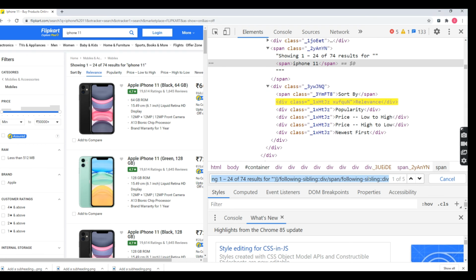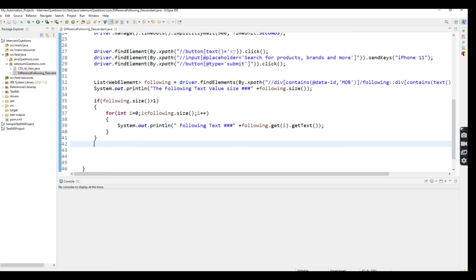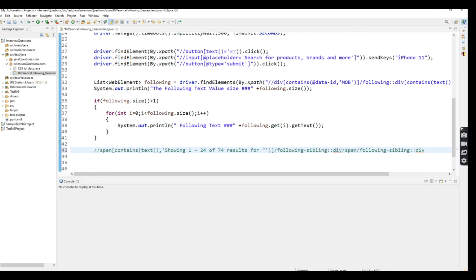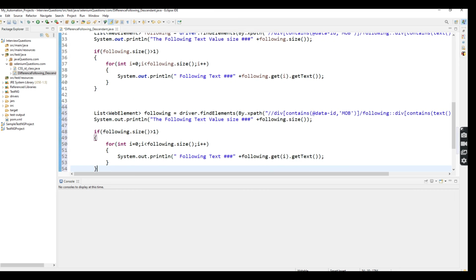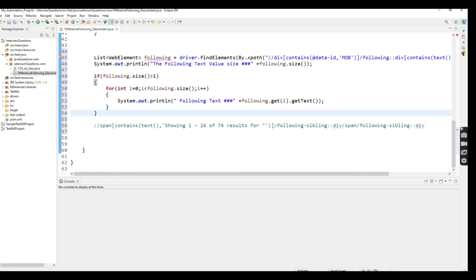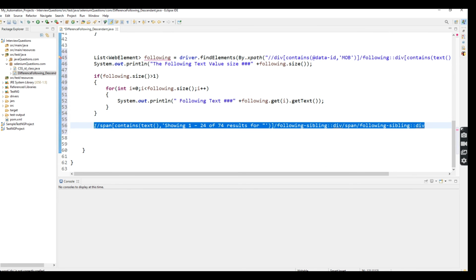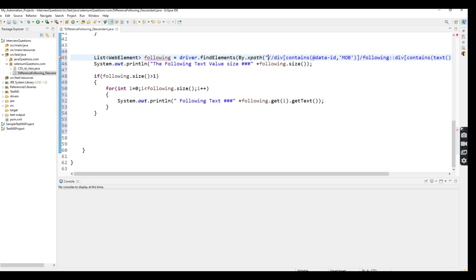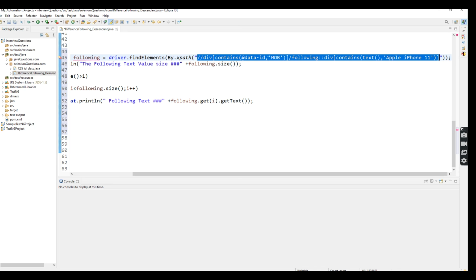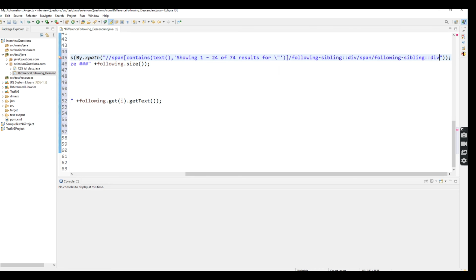Okay, so now I'm going to take it here. I just copy and paste it here. This is the professional way you should take XPath. Please avoid taking root XPath. Many of the members practice it in that manner. Please avoid that one.